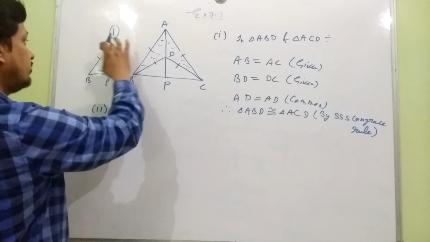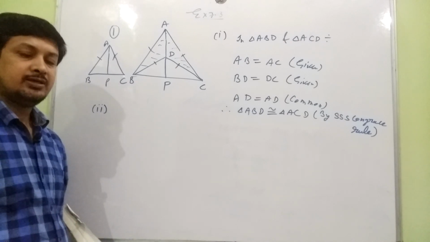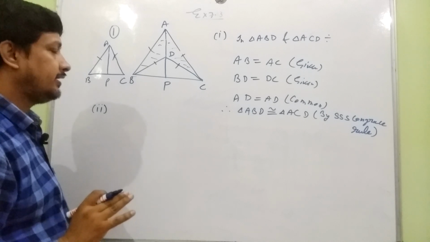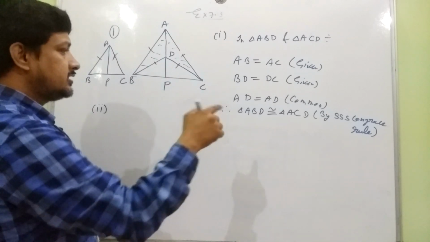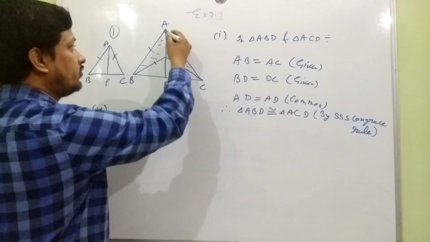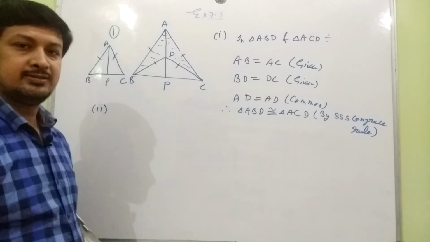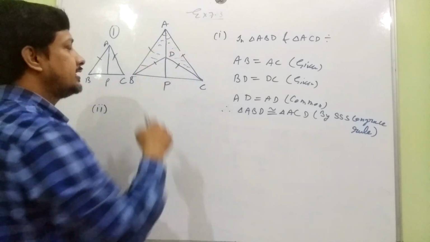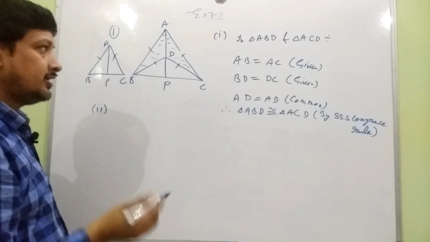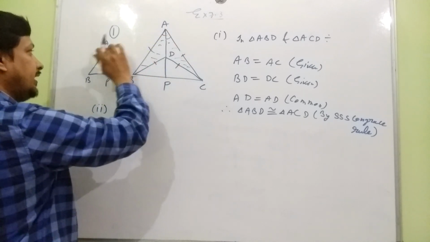So first thing is AB equal to AC. Second thing is AP equal to AP, common. What is the third thing? So for third thing, we have to arrange. Just now you have proved triangle ABD to be congruent to triangle ACD. So from there you can say this angle is equal to this angle by CPCT, and which we can use here as a third thing. So first of all, we will arrange these angles to be equal.